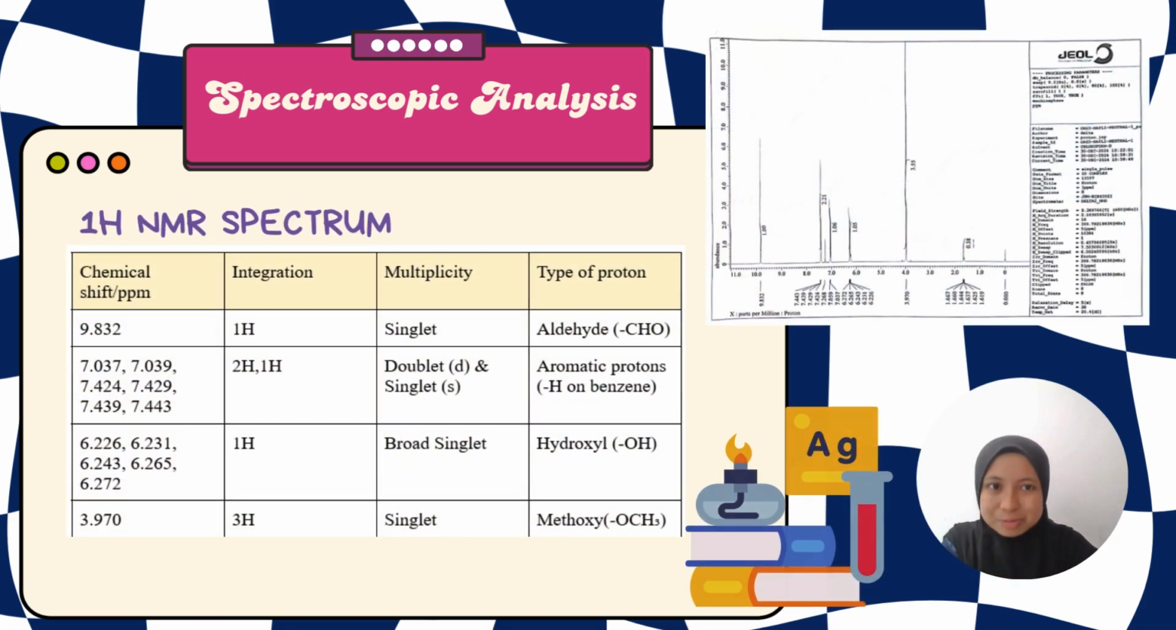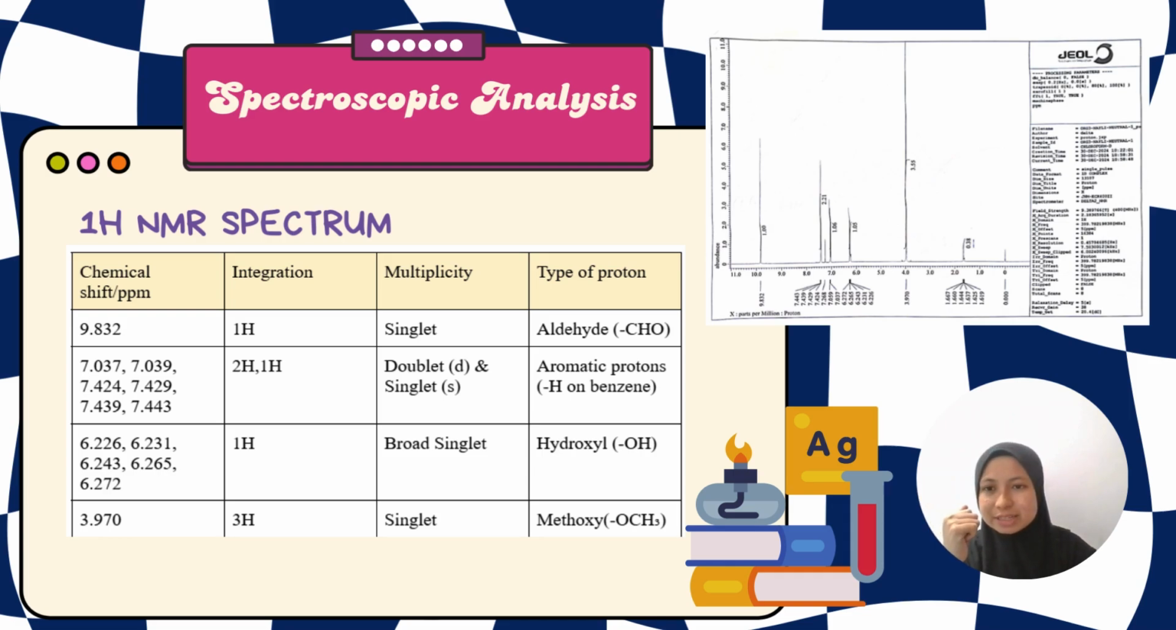The proton NMR spectrum provided detailed information into the chemical environment of hydrogen atoms. For the natural compound, a singlet at around 9 to 10 ppm indicated the aldehyde proton. Then the multiplets in the region from 6 to 8 ppm were consistent with aromatic protons, confirming the presence of a benzene ring. And then there is a singlet around 3 to 4 ppm